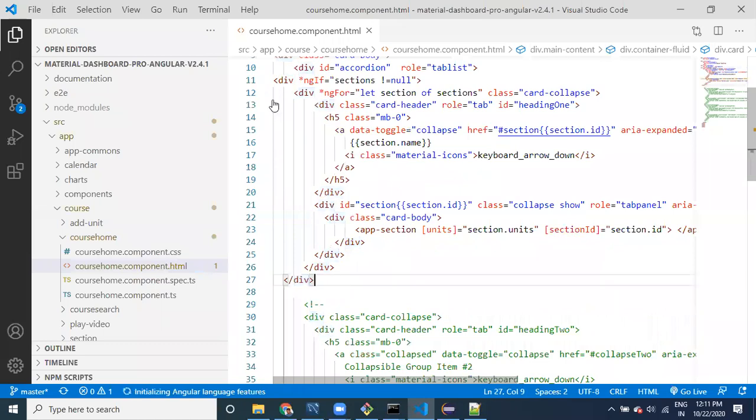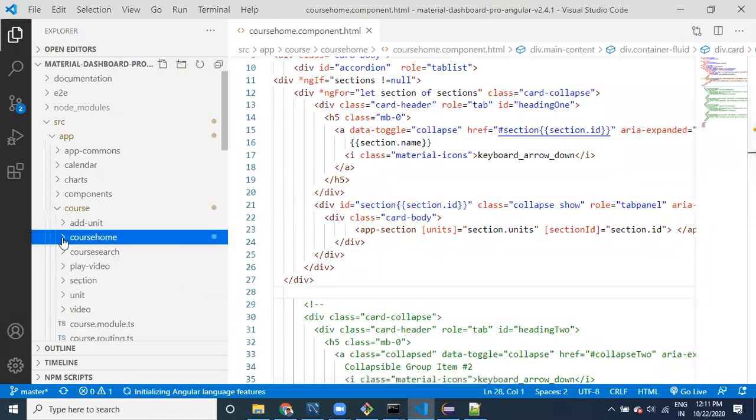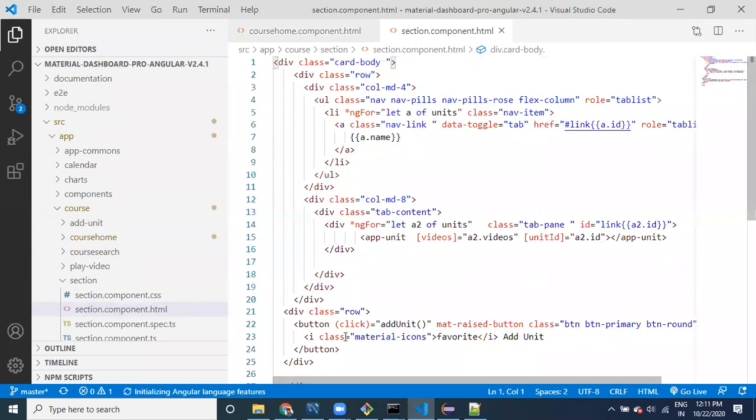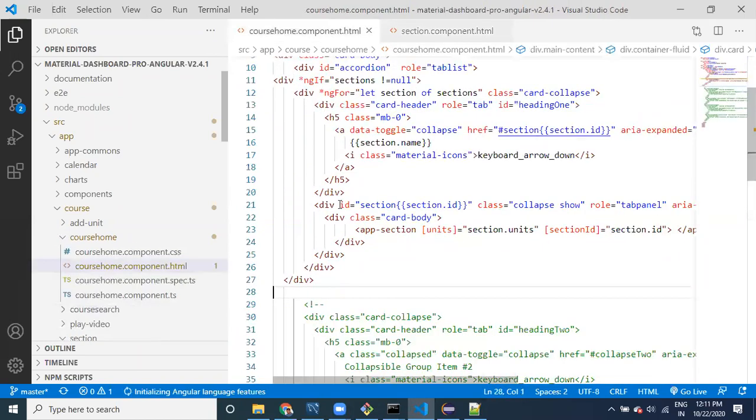Once after displaying all the sections, provide a button, the same way how we have added a unit in the section. In the section, we have provided a separate button, right? See here, guys. You can take a separate div or something like this.